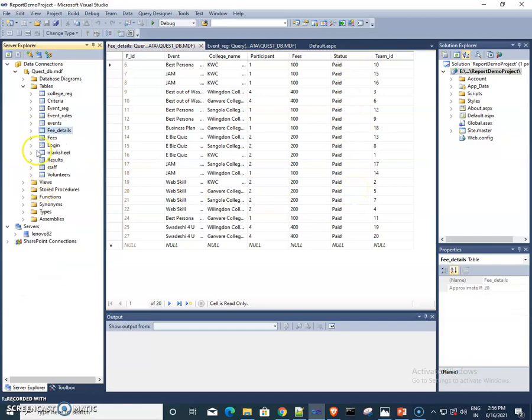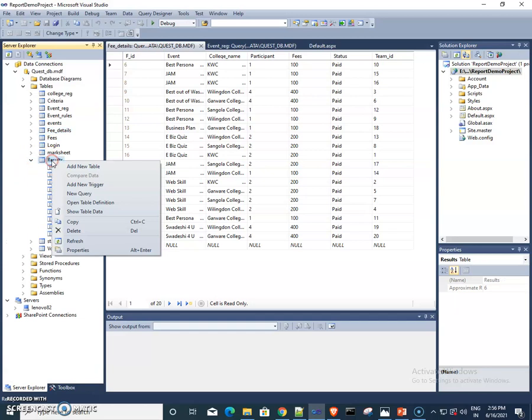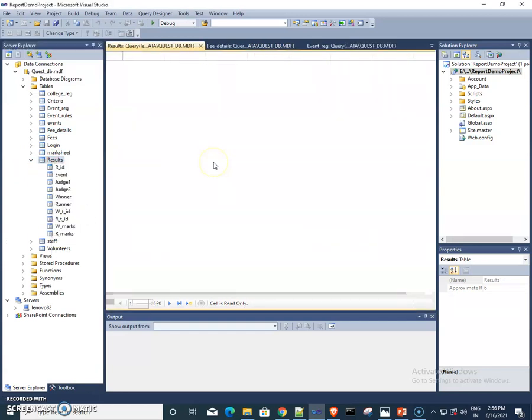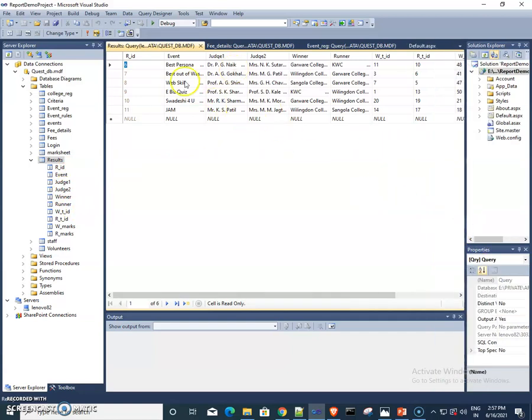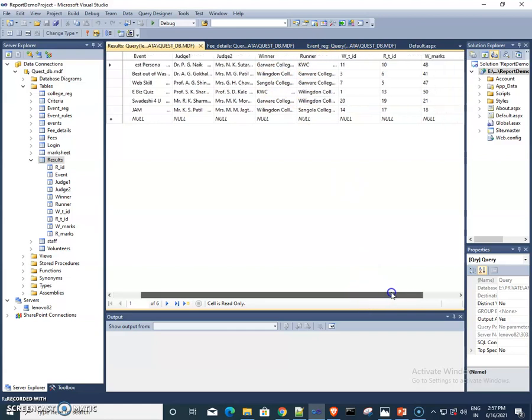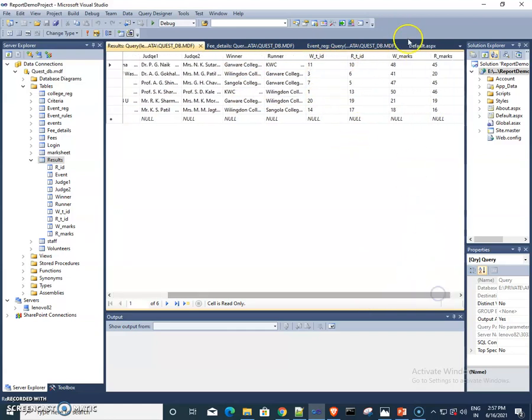Then some mark sheet results are also there. Such table data is already present in the database. According to this table data, we can show the reports. So this is the event, judge 1, judge 2, who is the winner college name, runner up college name, then winner team ID, runner team ID, and their winning marks and runner up marks.